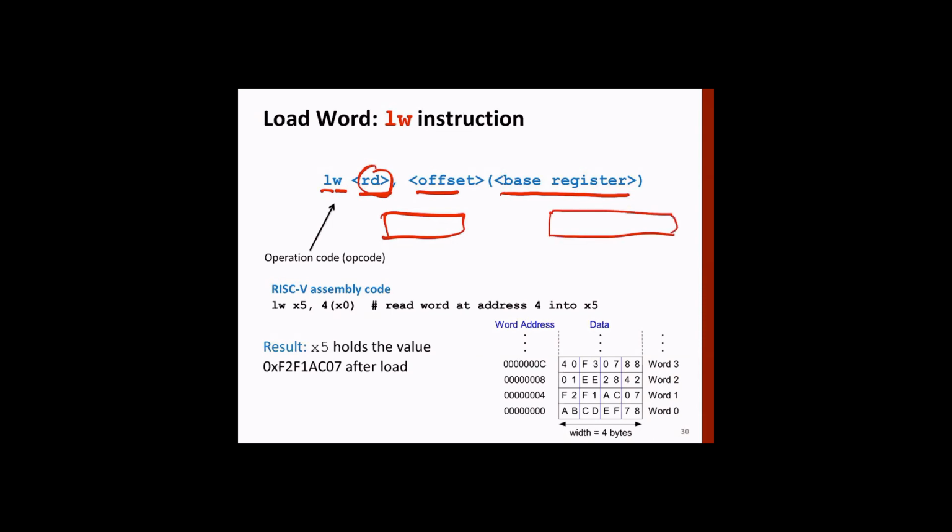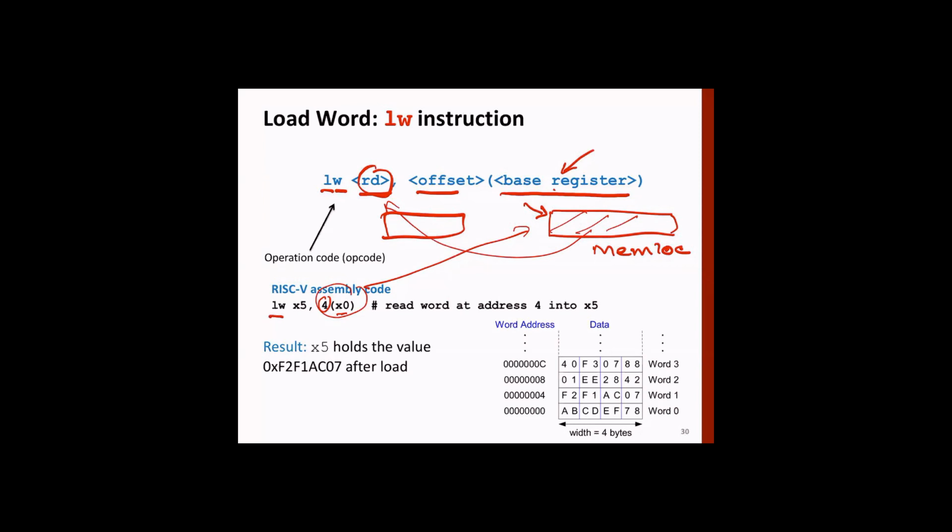The contents of some memory location, whose location is given by some register, the base register. Say, for example, here we have given base register x0. So take the contents of x0 and take the offset, which is 4 in this example, and add these. That addition will give the location of the memory. Then read that word from memory and bring it to register RD. Simple? Okay, so let's take an example here: load LW.